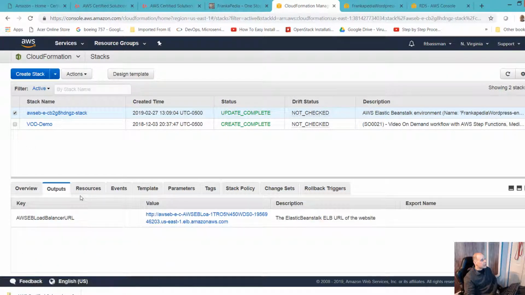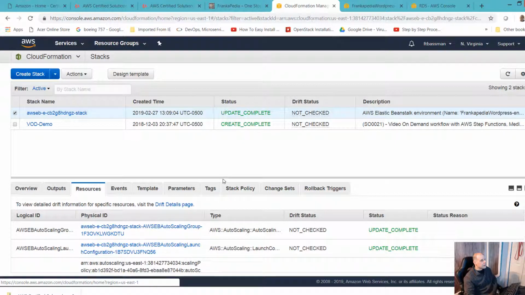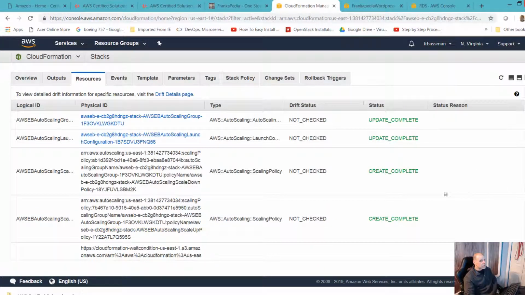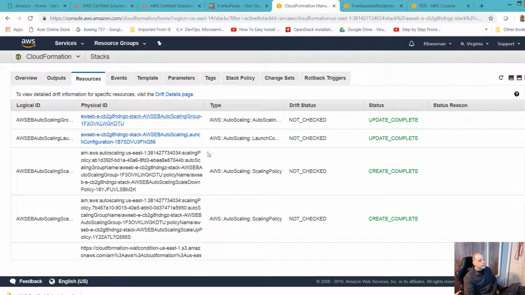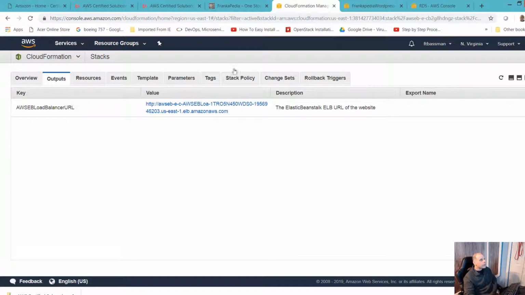This is the actual stack, and it created the load balancer, and here are the other resources that are part of the Beanstalk deployment: the AutoScaling group, the launch configuration. Pretty much it there. Like I said, the load balancer.